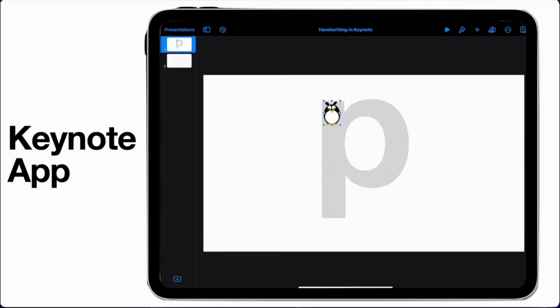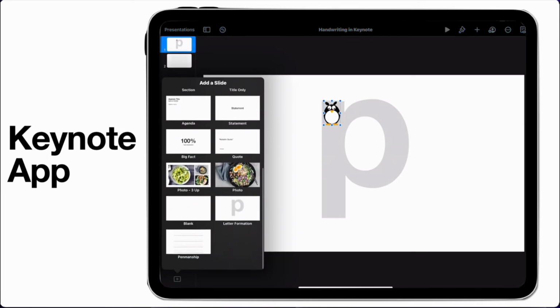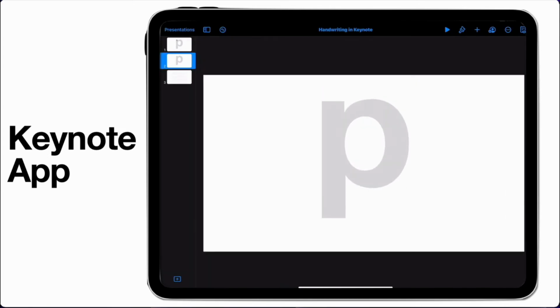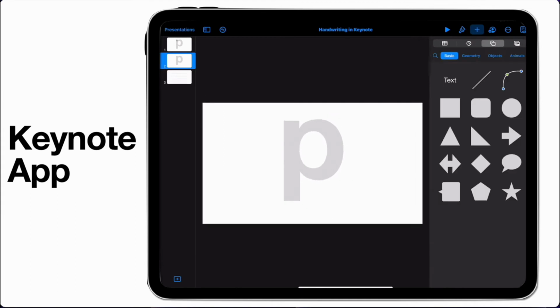Now, in order to create that, it's fairly simple. As you'll see on the screen, I have that letter P. You can create these as templates, so you could have the whole alphabet here. And I custom built a penguin icon. You could quite as easily go to the Shapes library and find something beginning with a P. I might look for something in